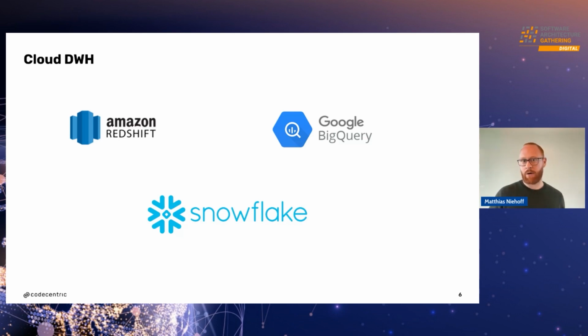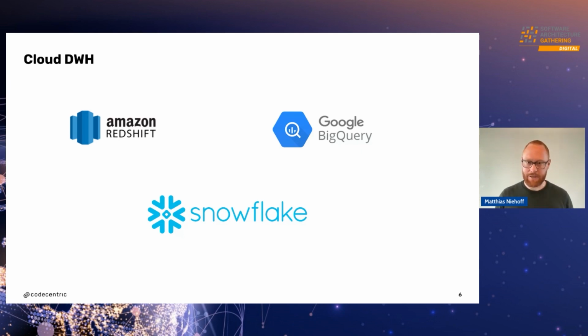The old data warehouses were more like: I'm buying a data warehouse somewhere, I'm buying servers for it, mostly specialized servers, and I really have to pay a lot for licenses. Now it's more of a pay as you go and pay as you grow way of using data warehouses in the cloud. By now, a lot of the companies using cloud are going towards cloud data warehouses. And together with those, there was another change.